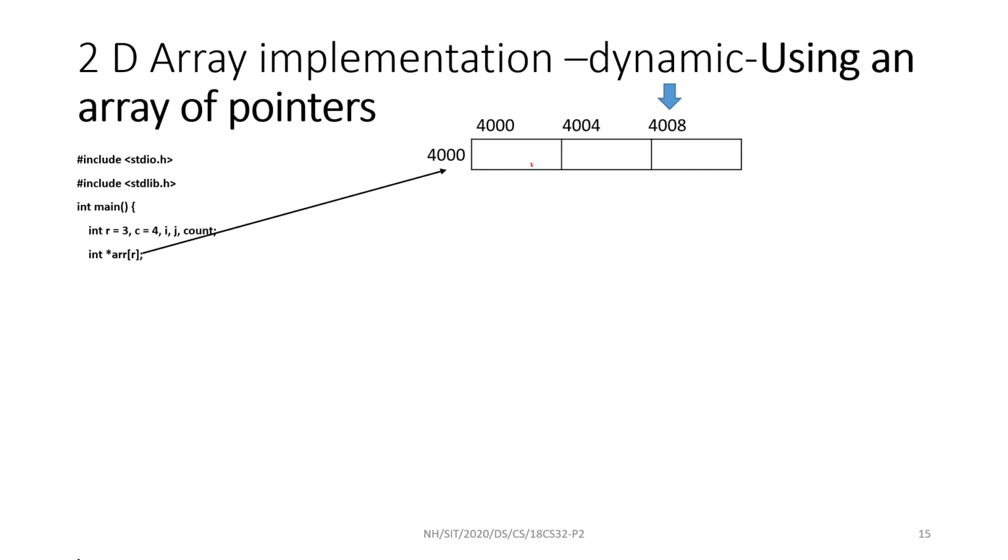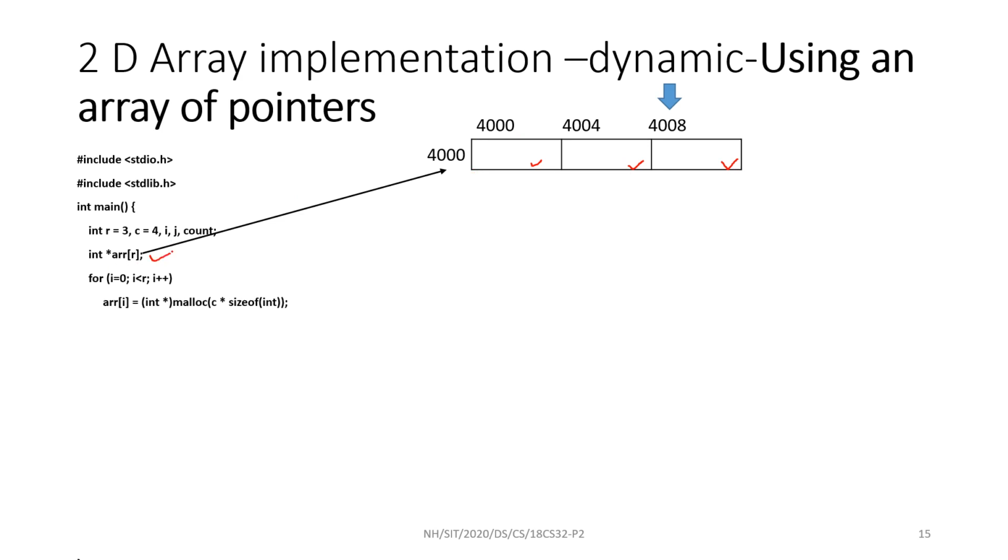Here I am going to put the address of the first row. Here I am going to put the address of the second row. Here I am going to put the address of the third row. So for that purpose, an array of pointers is used, not simply a pointer just like in the previous case. My array name is ARR, but in this I should reserve 3 locations for the addresses of each of the rows. This is the way.